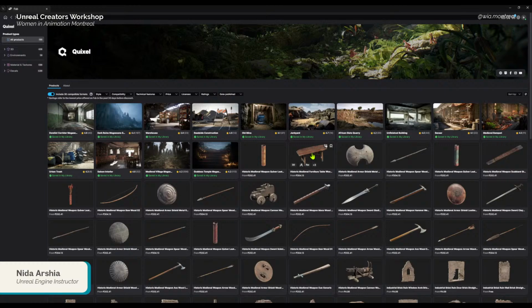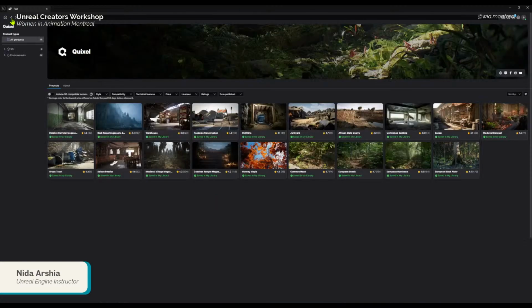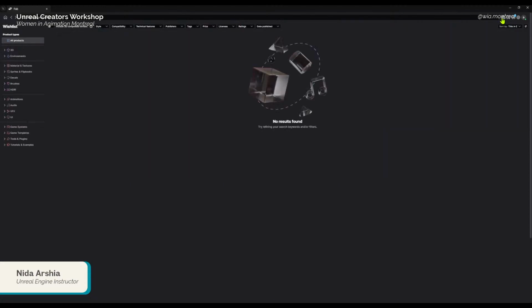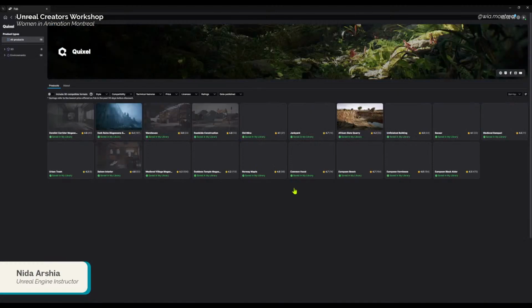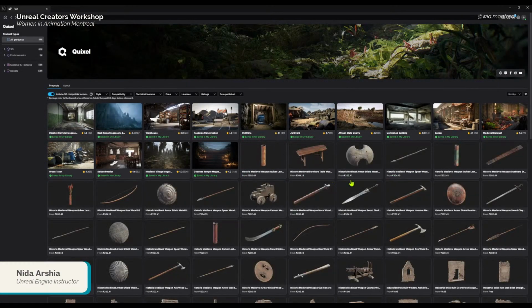Okay, so if I want to bring in this particular table inside the scene, I am just going to, this is a new asset which I do not have. So I'm going to go to this section, my library.